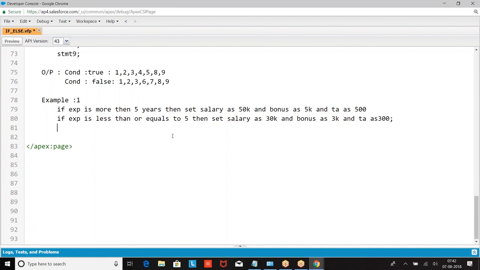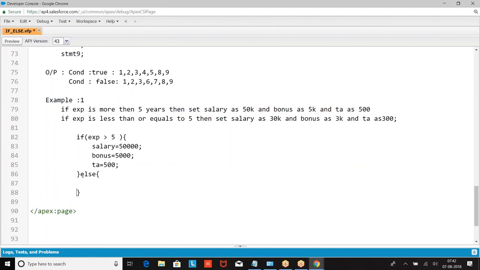So what I'm doing: if experience is greater than 5 years, salary, bonus as, and so on.